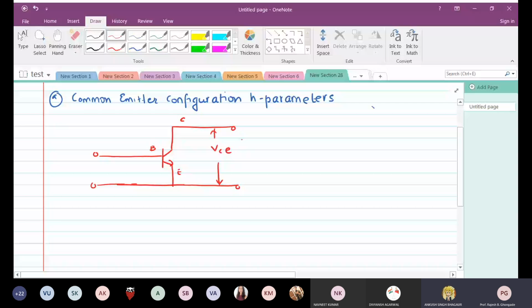We have the collector current IC, we have the base current IB, and this is your VBE. Now remember that we are talking about the H parameters, which means this is nothing but the two-port network which we have already seen. So we can now represent this as